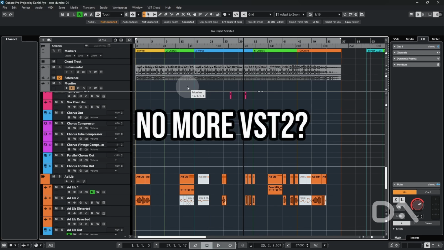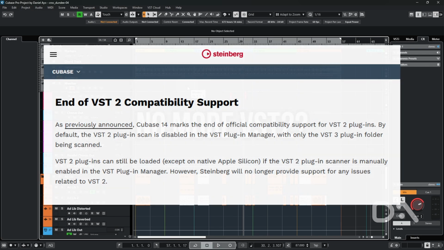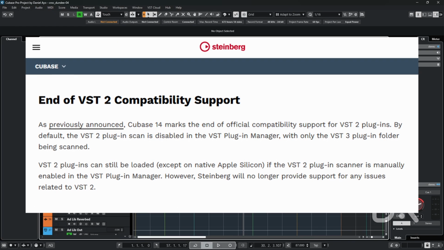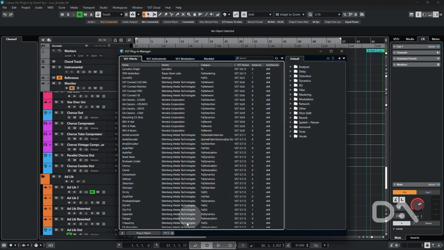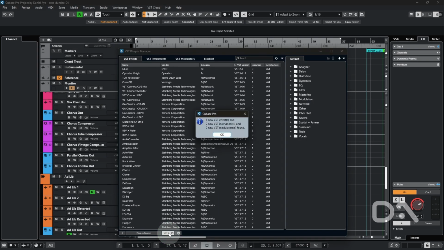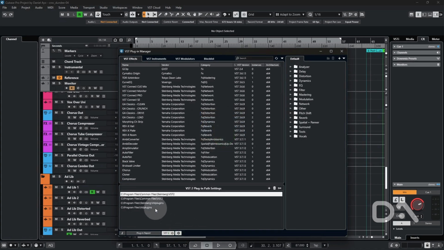The most notable change is that Cubase 14 no longer supports VST2 plugins by default. There is still a way to get VST2 plugins loaded as follows. Select Studio within the ribbon menu and select VST Plugin Manager. Click the VST2 icon and it will scan and load up any VST2 plugins that exist in the default paths as seen here. Note that this process will not work on Mac computers with Apple Silicon unless you run Cubase